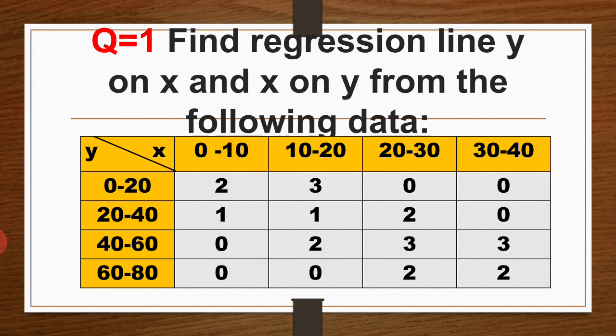When you see this question in examinations, or in any PDF or books, it is clear this question is method number 4, the bivariate method, because this question is given in a 2 by 2 table, and questions in a 2 by 2 table are always solved by the bivariate method only.